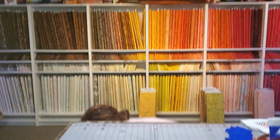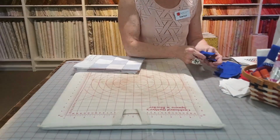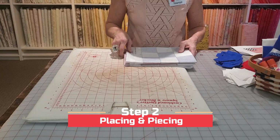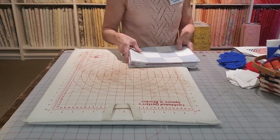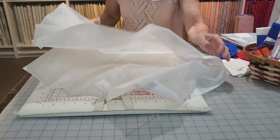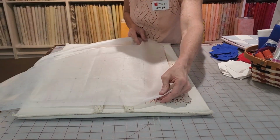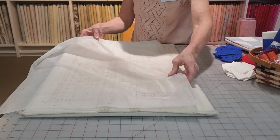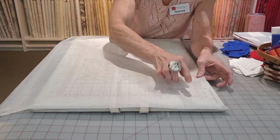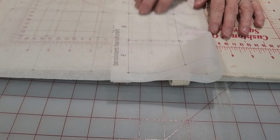Then I like to work off of my little mobile ironing mat. This makes it really easy for me to move all around the area. So what we're going to do is place our TenSisters grid right on top of the portable ironing board. So you'll notice that on the TenSisters grid there are numbers,